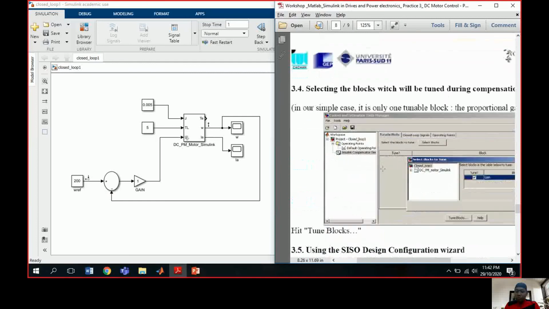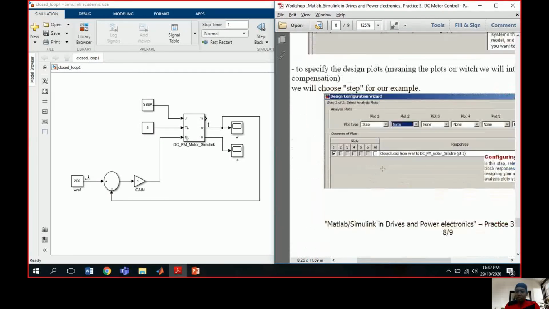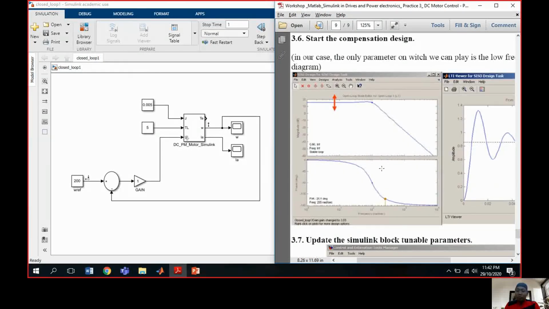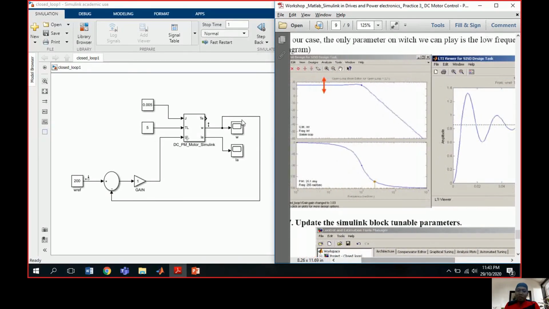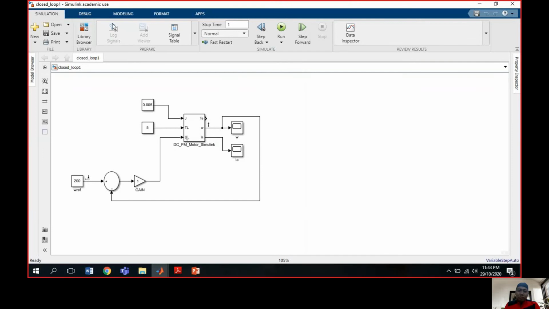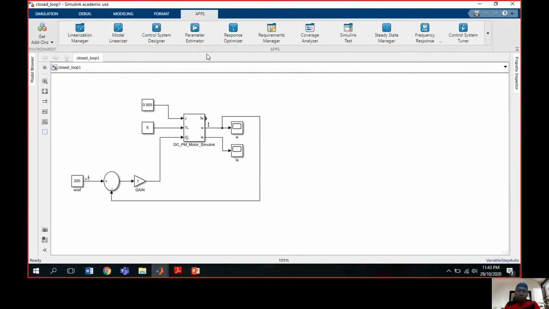What we want to do in task 3 is show the result. How do we get the closed loop plot result? The first one, we just create this. After that we go to control system design.